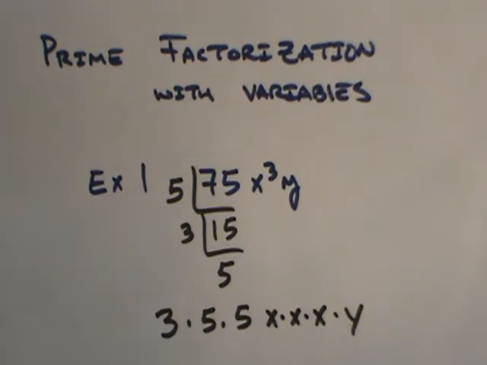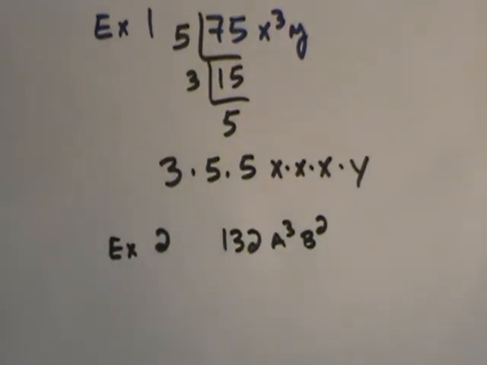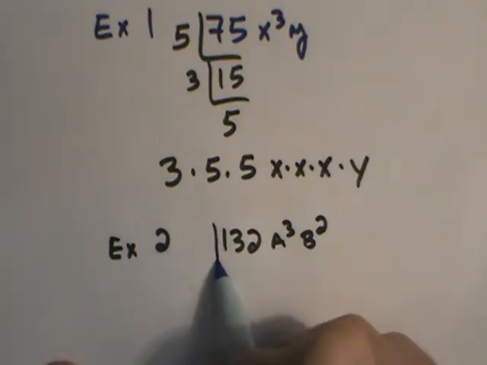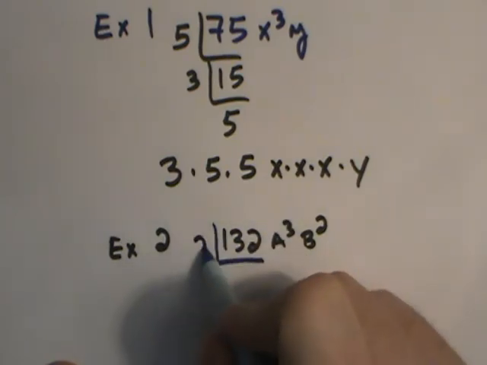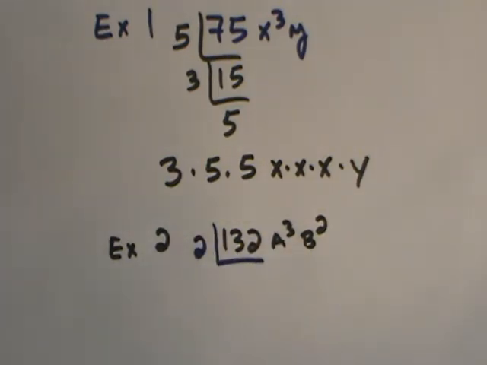Let's say we had something like 132 a cubed b squared. So again, I start with my coefficient, number in front of the variables, and I want to prime factor it. Because it's even, I recognize that I could divide by 2. As I take 132 and I divide by 2,